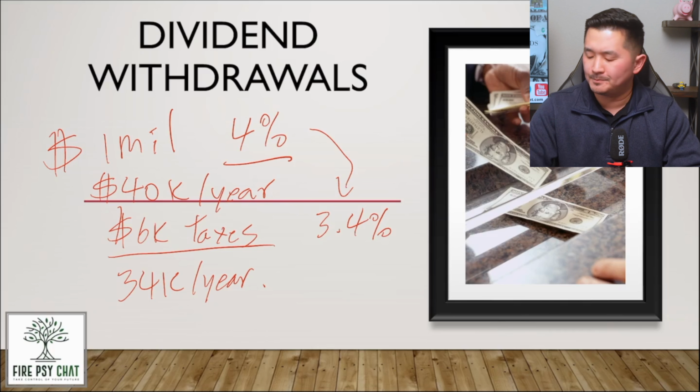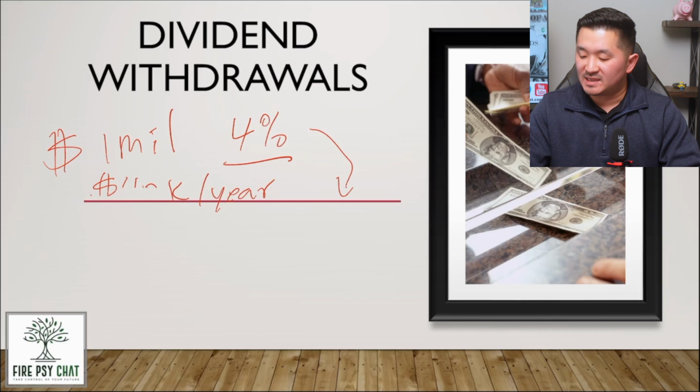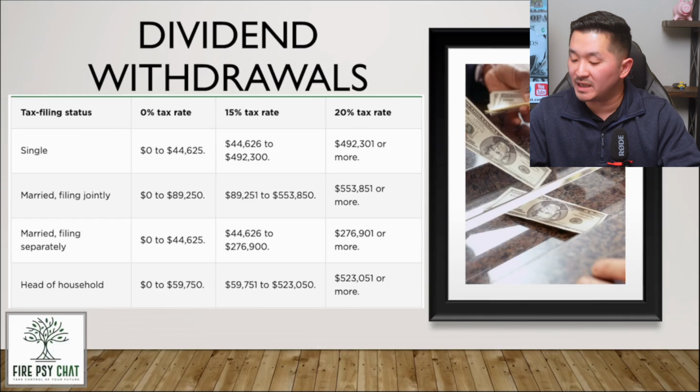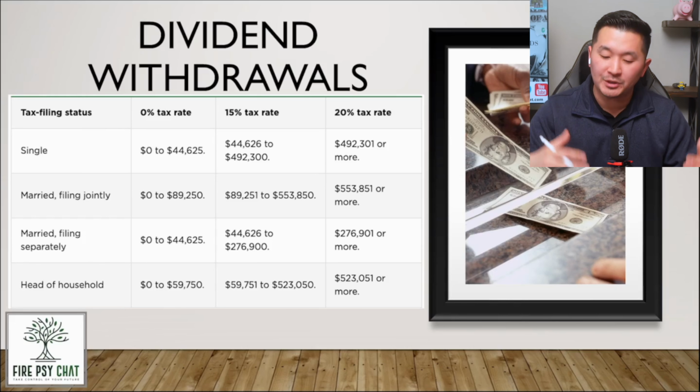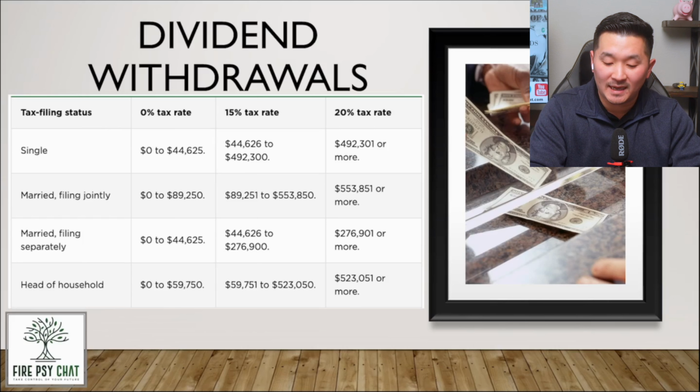But let's just say that I retire early and I have no active income. I could get these dividends tax-free. And let me show you why. What people forget, and we're so focused on the 15% capital gains tax rate because most people have active income. But when I'm in my early retirement, my wife and I will continue to file our taxes jointly, right? Married, filing jointly. And so we can receive our qualified dividend income up to $89,000. Well, I'm sorry, that's the wrong one. There we go.